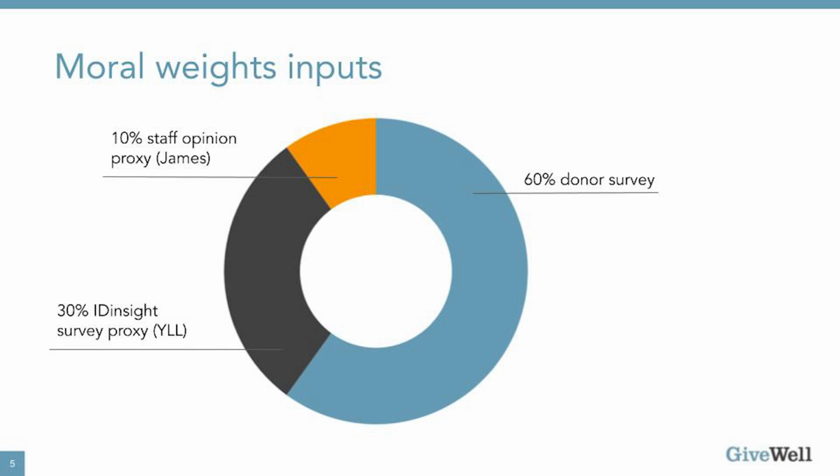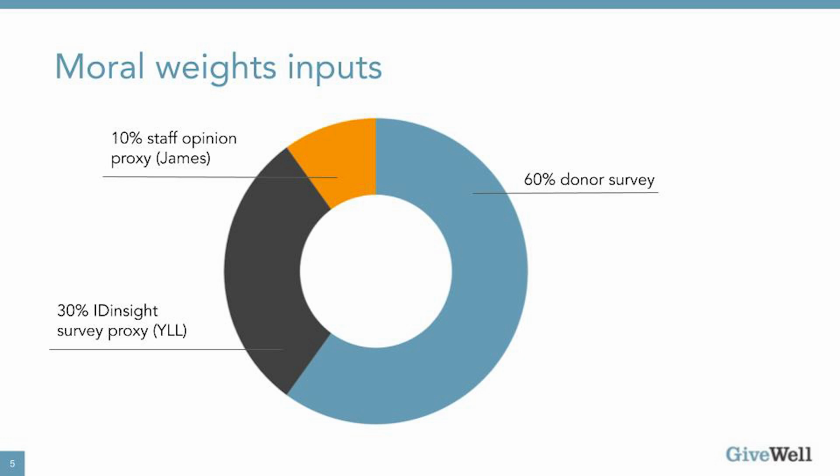And this is because there were a few issues with the survey. One is that we think the questions may have been a little bit complicated and challenging, so they might not have been fully understood. And also because some of the results that we got suggested very high values for saving lives, over $10 million, and $10 million is where we stopped asking. So this suggests that some people might not be willing to make any trade-offs between the value of increasing income versus saving lives, and that's something that we're not really able to put into a cost-effectiveness analysis.